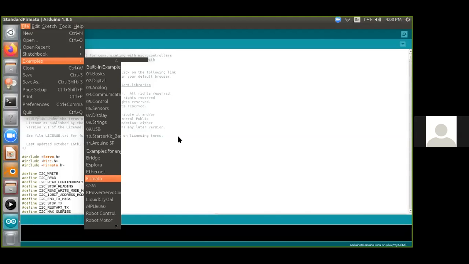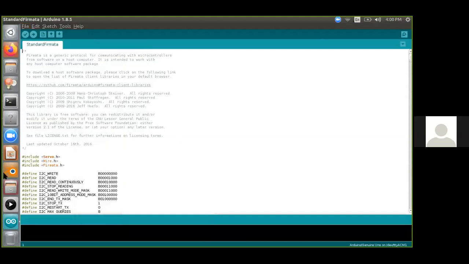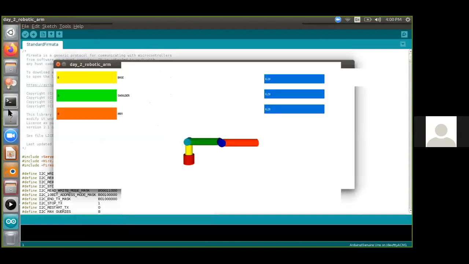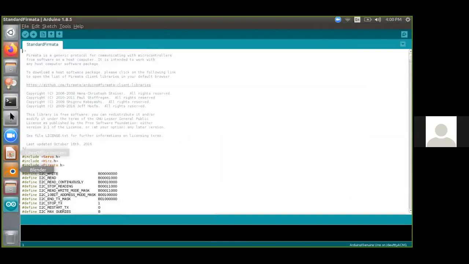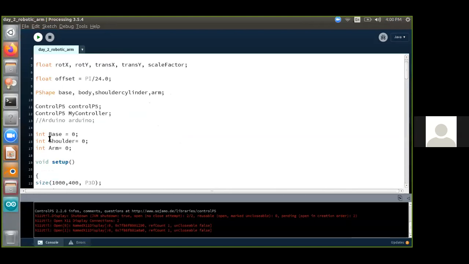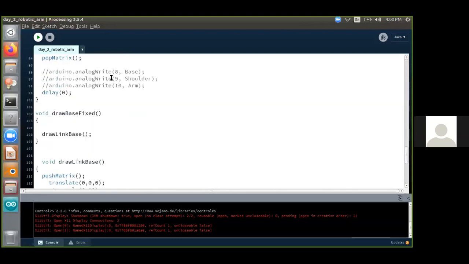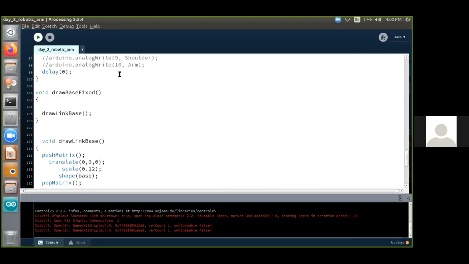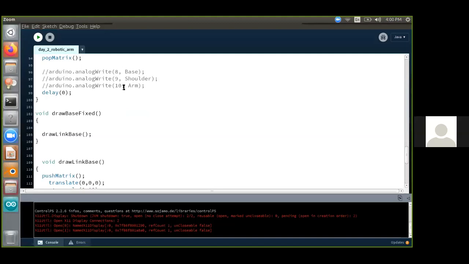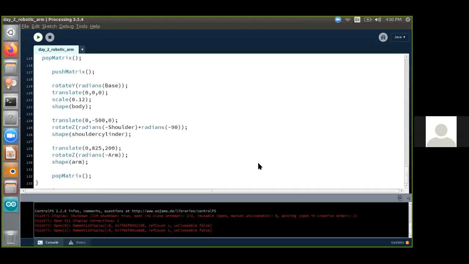What you have to do is open this standard Firmata and upload this code to your Arduino board. Then come back to Processing and uncomment all the commented lines. Whatever is commented has to be uncommented, and you have to connect the servo motors to pins 8, 9, and 10 of the Arduino board. I hope you have knowledge about Arduino, and then you'll be able to run the robot in reality. I hope I have answered the question of Professor Mayilswami also.